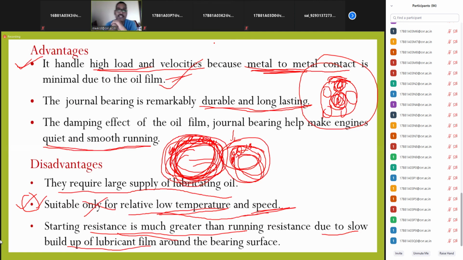We cannot go to very low speed either. If you are going with very low speed, then there is no possibility of the formation of the film, right? It does not mean very low speed. And one more thing is that we are making it a high load, right? When we want to handle this high load, we need to have some high speed in the initial conditions. This is not possible in this condition. When compared to this, this will be the advantage.